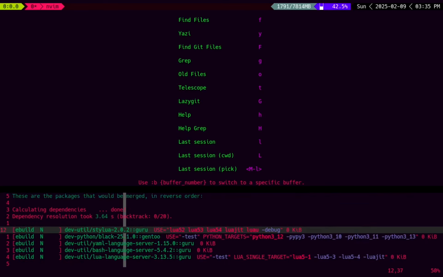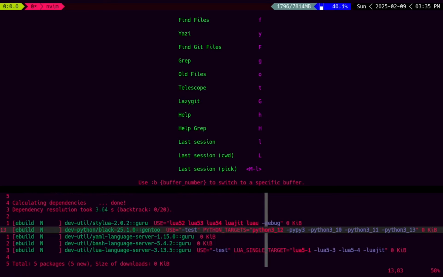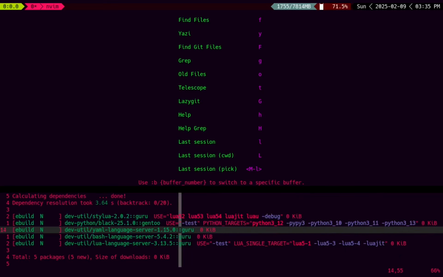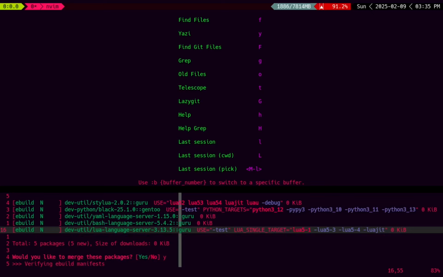You can use LuaJIT, you can have these features for StyLua, and you can build black using these. YAML and bash don't have any USE flags. You can build tests for the LuaLS. Now that I think about it, I do need LuaJIT for LuaLS. Anyways,